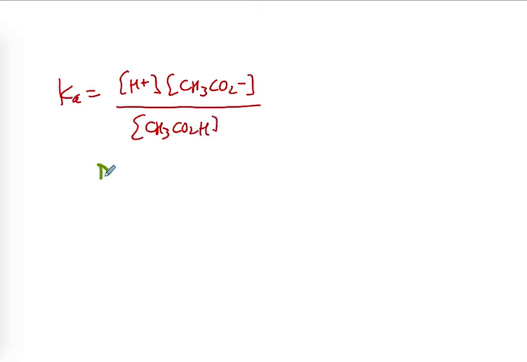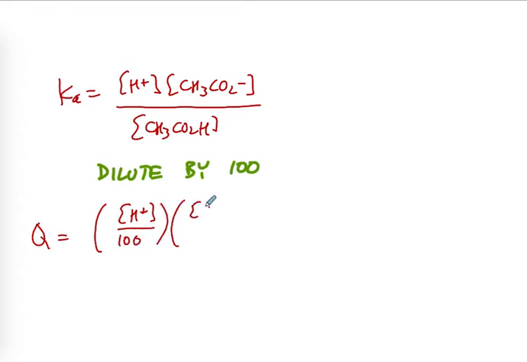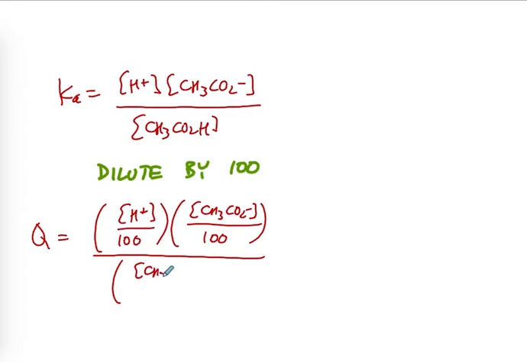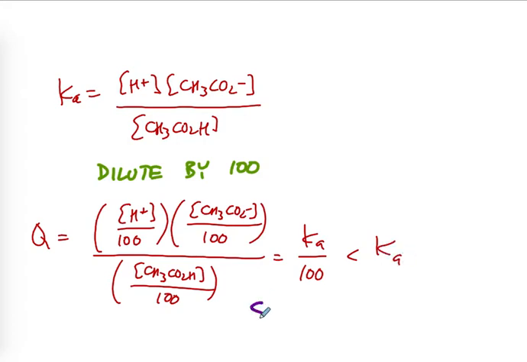If I were to take a solution at equilibrium and then suddenly dilute by a factor of 100, then Q is equal to the equilibrium concentration of hydrogen ion divided by 100 times the equilibrium concentration of the acetate ion divided by 100, divided by the equilibrium concentration of the acetic acid divided by 100, or Ka over 100, which is less than Ka. If Q is less than Ka, then that must mean we have to shift to products,